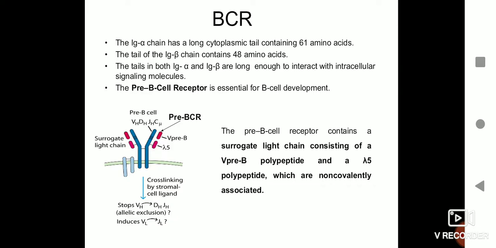The one shown in red color is called the surrogate light chain, which consists of V pre-B polypeptide and lambda 5 polypeptide. The surrogate light chain is made up of two polypeptides. One is called V pre-B polypeptide and the other one is called